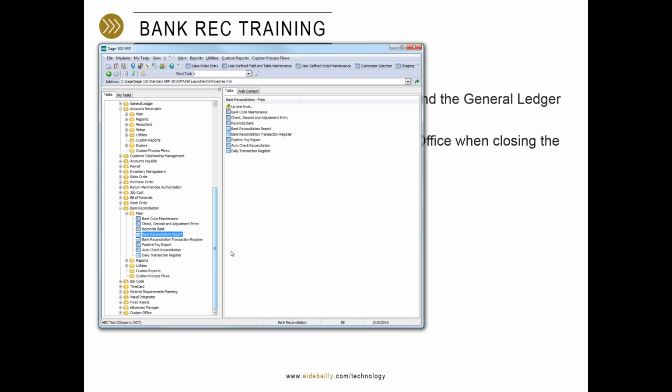So if you're going to force balance through the end of December of 2015, my suggestion would be to go through and force and clear all of those old documents. So I worked with a client last week that had documents in there from 2000. It might have been 2007, but regardless, there's no need to have to go and wade through all of those documents from 2007 on. So my suggestion would be to just go in there and clear every document you've got